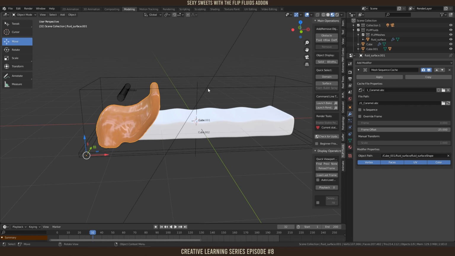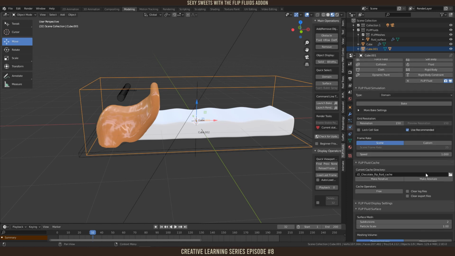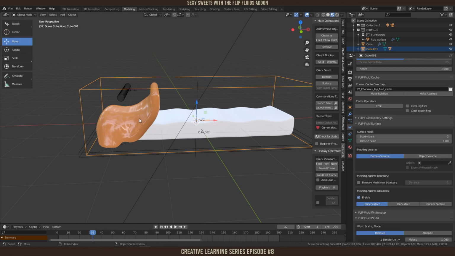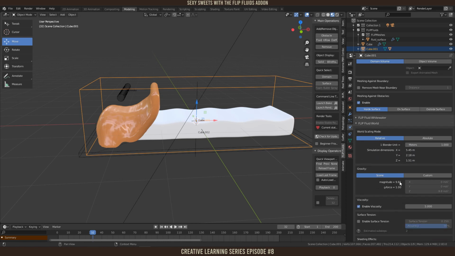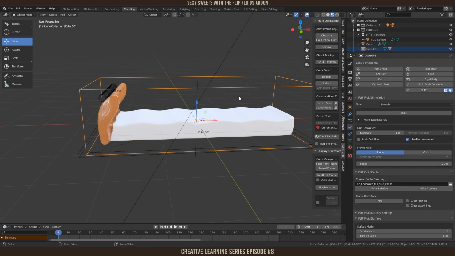So all we need to do is select the domain and maybe change the viscosity, because chocolate has another viscosity than caramel, in my opinion, but that depends on what you are looking to do. I think something like 3 could look great, and yeah, that should be all. So let's click save,